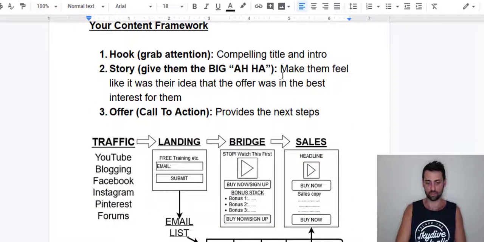But in terms of where you might be promoting this content, obviously you have the different social medias. You might be creating this content in YouTube, you might be doing blogging, you might be doing Facebook and Facebook group strategy, you might be doing Instagram, Pinterest, forums. But independent of what you're doing, you want to follow what I've just taught you. The other thing is, it's also important where you're sending your traffic. A lot of beginner affiliates will be creating content within these platforms, and then they'll be sending their traffic directly to the sales page.